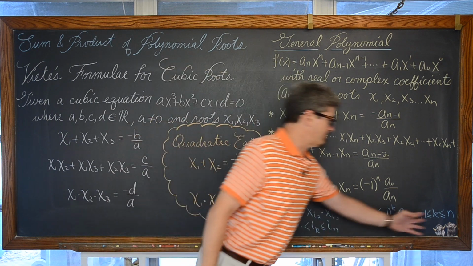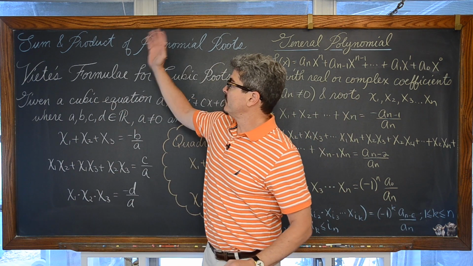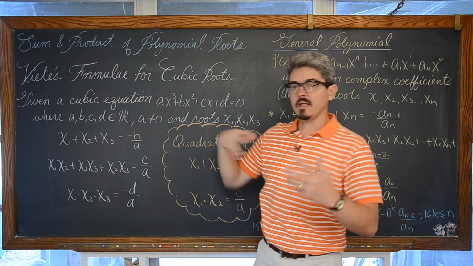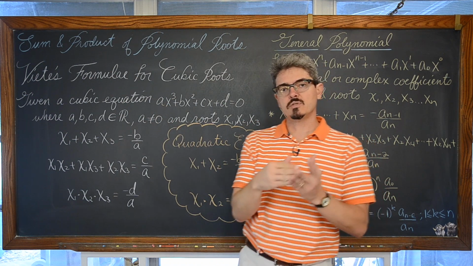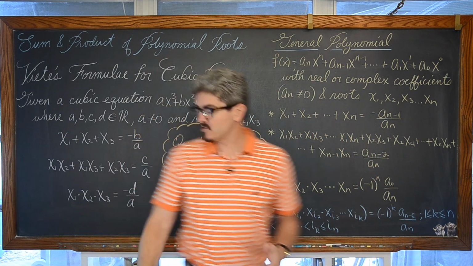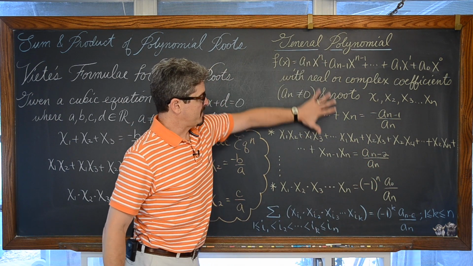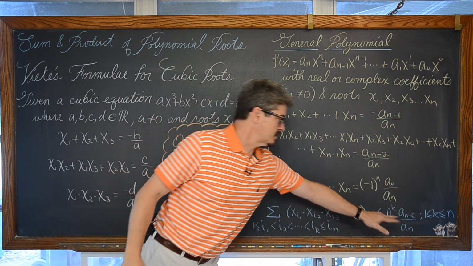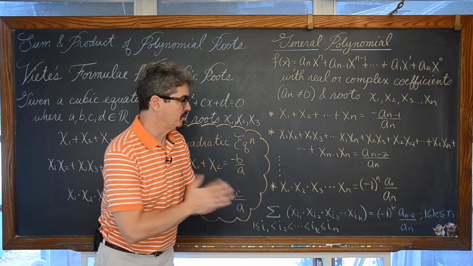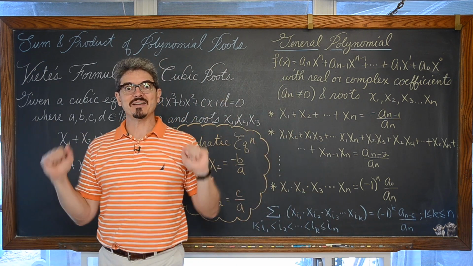So we have a general form here of Francois Viète's formula relating the sum and product of roots to a polynomial. You have a specific list for quadratic, for cubic, and then an expanded list of this general formula we'd have down here in blue. Let's get to our examples right now.